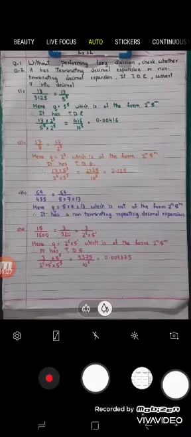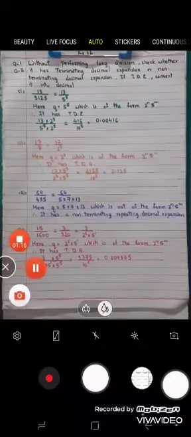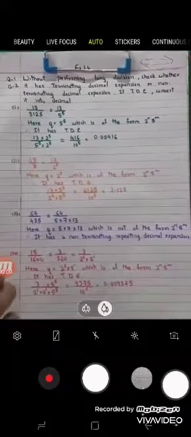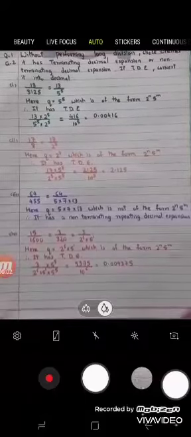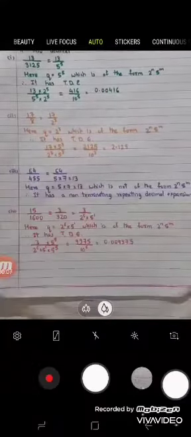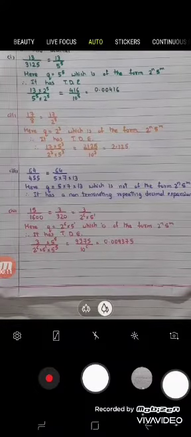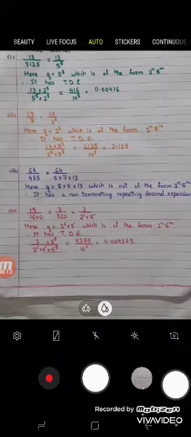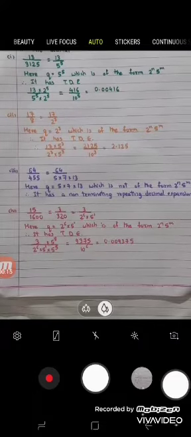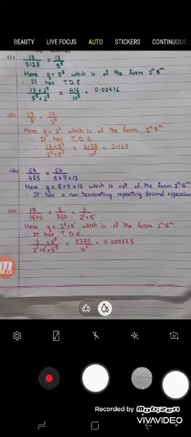Now children, in the denominator, if the number is in the form of 2 and 5, then we can say that it has terminating decimal expansion. Here the denominator should be in the form of only 2, or only 5, or both 2 and 5, then we can say that it has terminating decimal expansion. If we get any other digit, we can say that it is a non-terminating, non-recurring expansion.